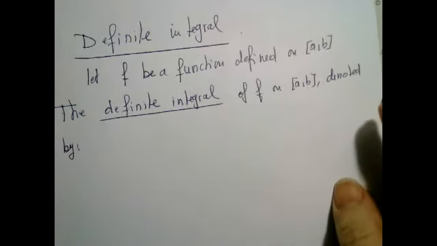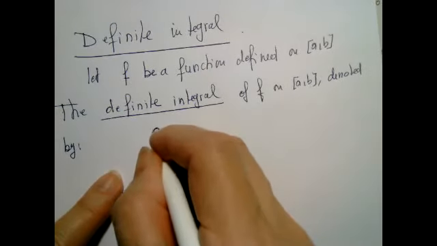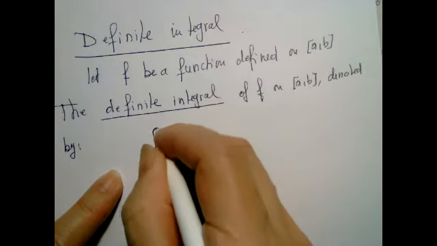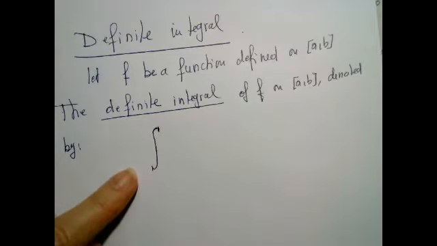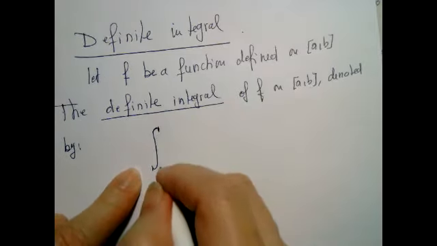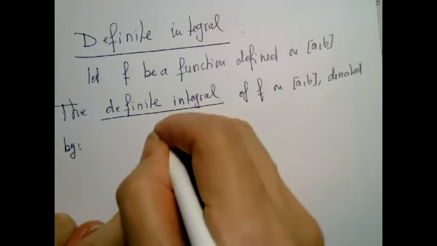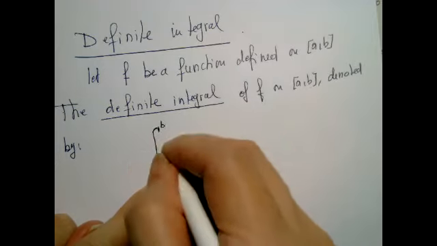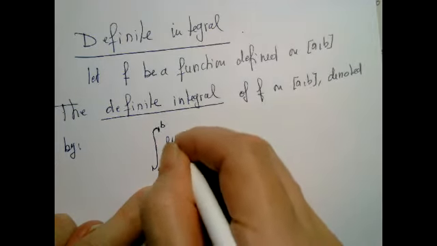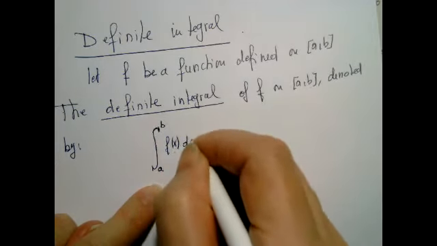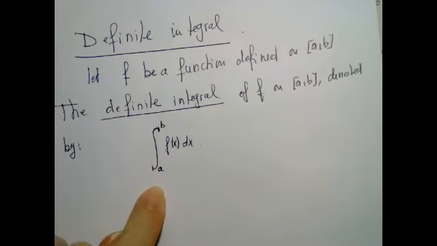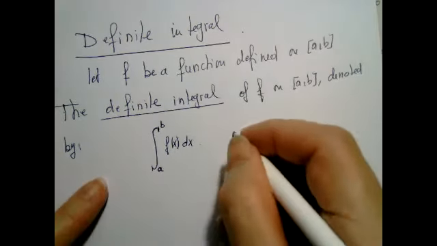Now I will write the notation and then I'll explain it. That's the notation of the definite integral. It's like the integral sign before. At the lower end here, we put A. At the upper end here, we put B. And inside here, we write f of x dx. So the definite integral denoted by this is defined by